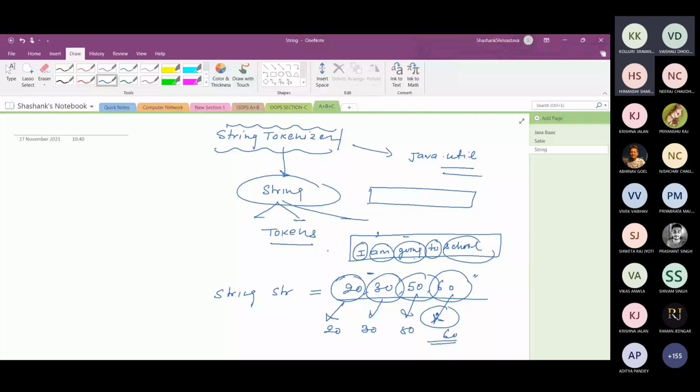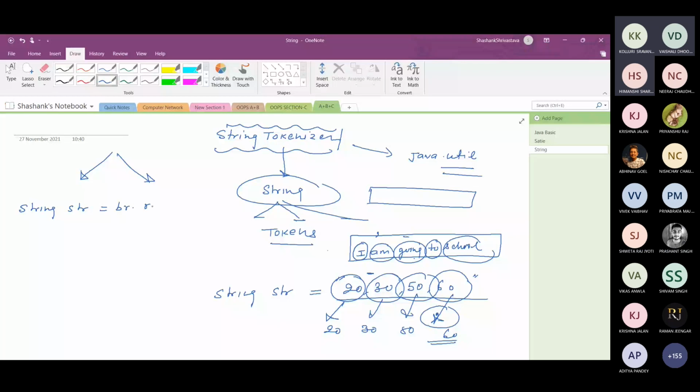Now the question is how, if you would like to read the data from the keyboard, you can do it. To read data from the keyboard there are 2 ways: either you can use the buffer reader class or you can use the scanner class. Suppose you read the data from the keyboard with the help of the buffer reader class, and you write here String str equal to br.readLine. readLine is a method of the buffer reader class.